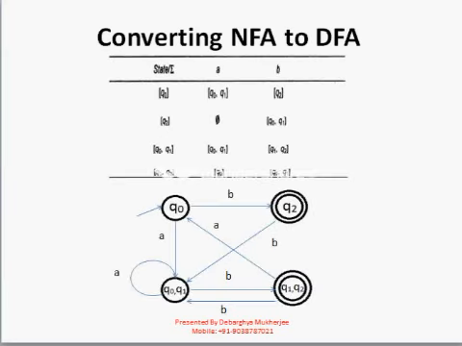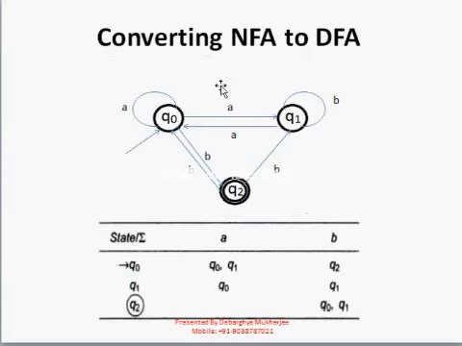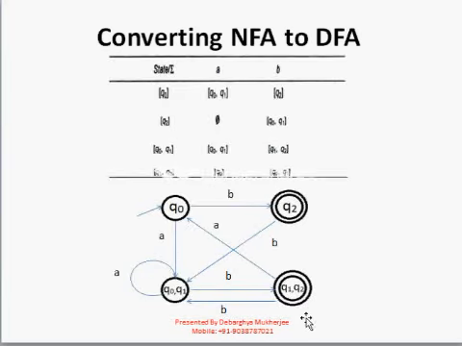Now from this table we made our DFA, where Q0 will be our initial state because it was the initial state in our original NFA, and as Q2 was our final state, in this diagram also Q2 will become a final state, and the new state, that is Q1, Q2, will also become our final state. Now from this transition table we can easily apply the rules over this DFA. Thank you.